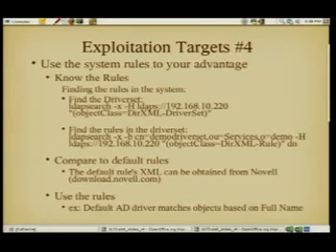Okay, using the rules. Basically, to actually figure out how you're going to use the rules to your advantage, you have to know what rules are up there. Fortunately, you can just do an LDAP search anonymously on your directory tree, and by default, you can get back the names of all the drivers because it's in your CN, it's in your RDN. So pretty much anyone can go there and read what rules you have defined for your IDM installation, and they